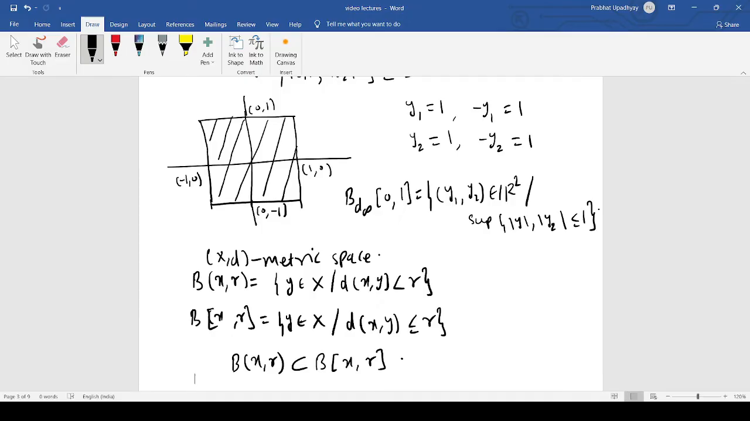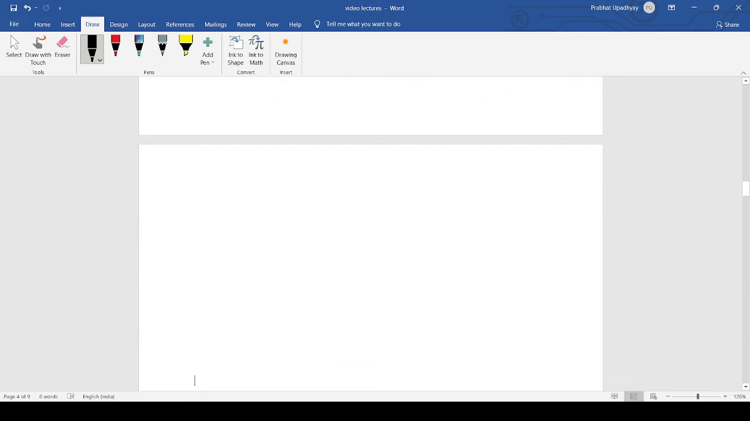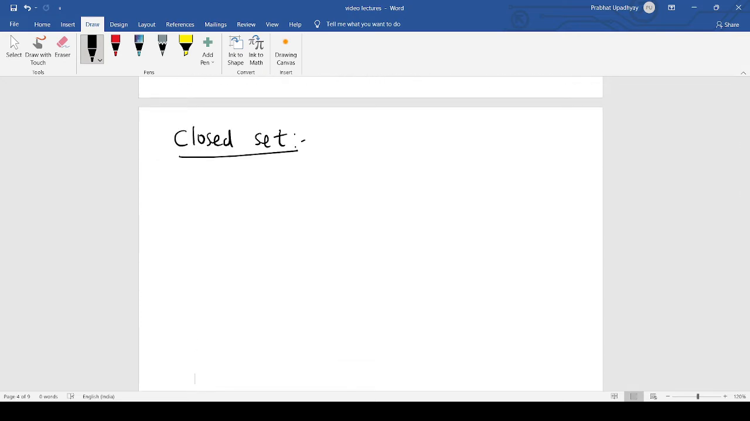Let's now define the next term, that is closed set. Now this closed set is defined in terms of open set. Let's see how. Again, all those formalities first. Suppose (X, d) is a metric space